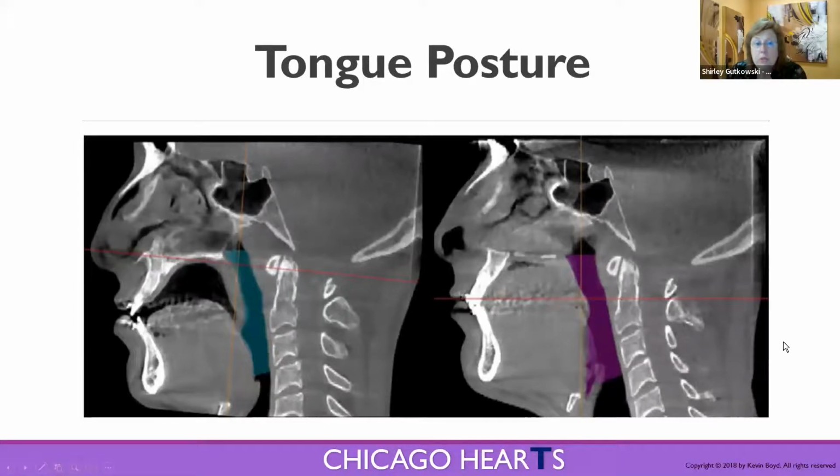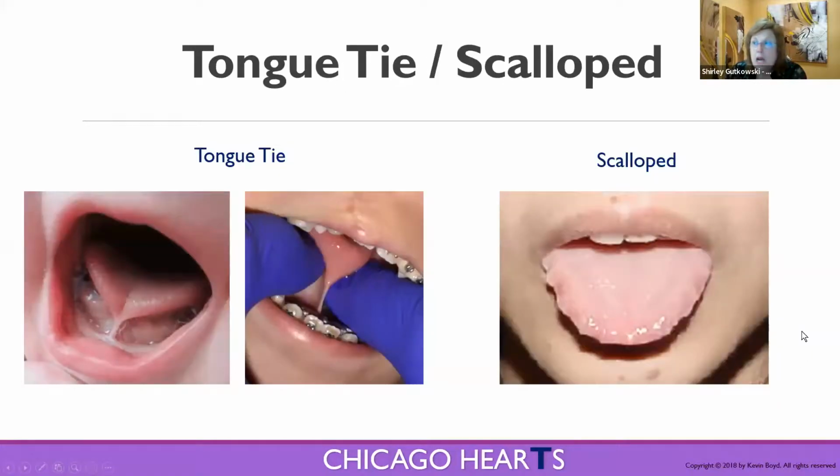Tongue posture is really big. If it's not up against the roof of the mouth, you're going to be squeezing this airway down. A lot of people are doing CT scans now. You can get gross anatomy from it, but you can't really make too many other diagnostics with it. We've got a classic tongue tie,